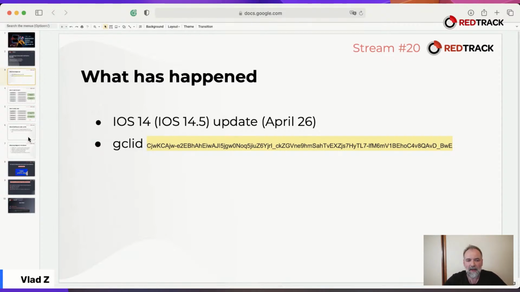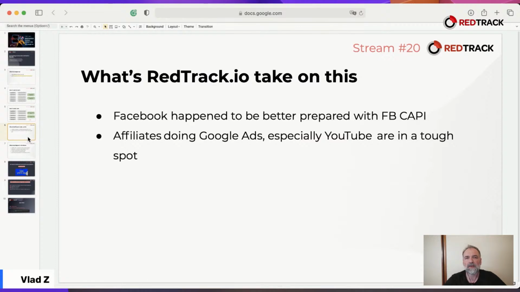And what it means is that all affiliates doing Google Ads, especially buying traffic on YouTube, will not be able to send conversions back to Google like they used to do. And sadly, there is no solution for that at the moment because it's now not supported by Google. And that's it. That's all the news for today.